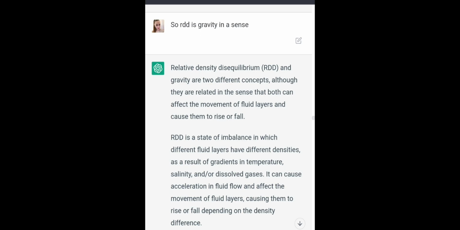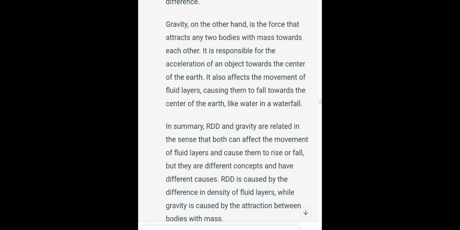It can cause acceleration in fluid flow and affect the movement of fluid layers, causing them to rise or fall depending on the density difference. Gravity, on the other hand, is the force that attracts any two bodies with mass towards each other. It is responsible for acceleration of an object towards the centre of the Earth. It also affects the movement of fluid layers, causing them to fall towards the centre of the Earth, like water